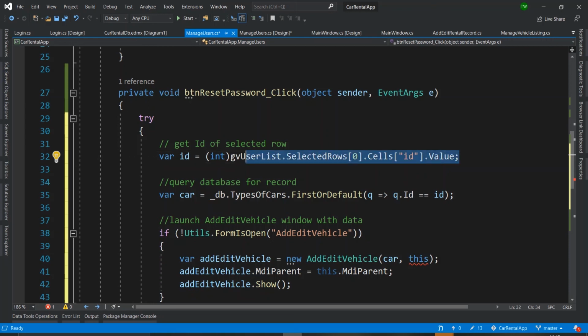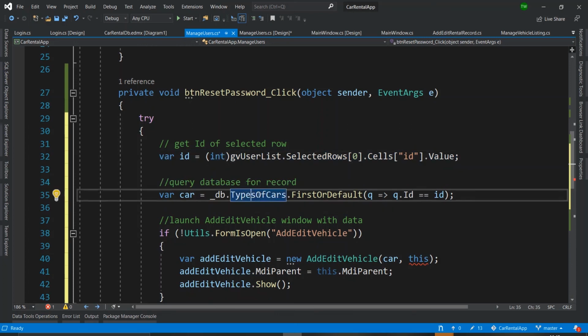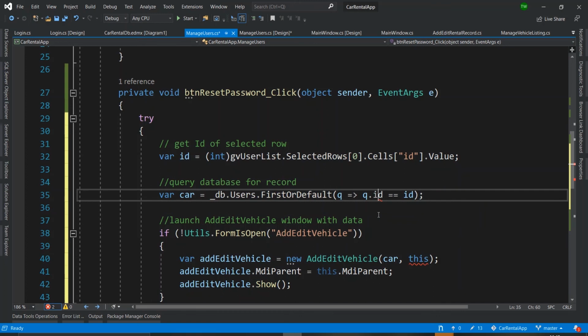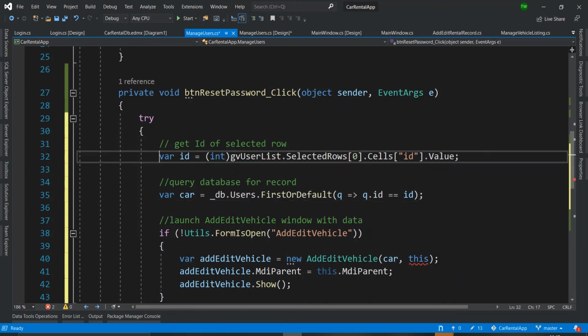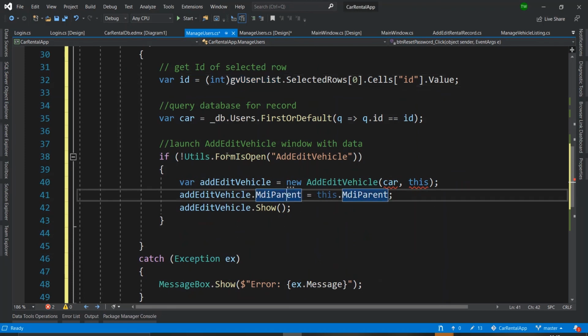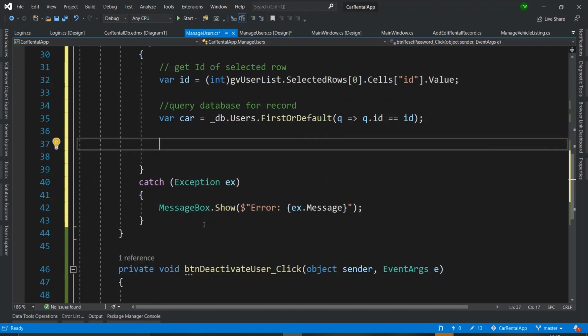All right. So we're getting the value associated with the selected row. And then I'm looking inside of the users table, not the type of cars table. So users table, q.id being equivalent to the ID that was selected. And then I'm not about to launch any screen or new window, so I can remove all of this. And then what I will say is that var new_password is equal to